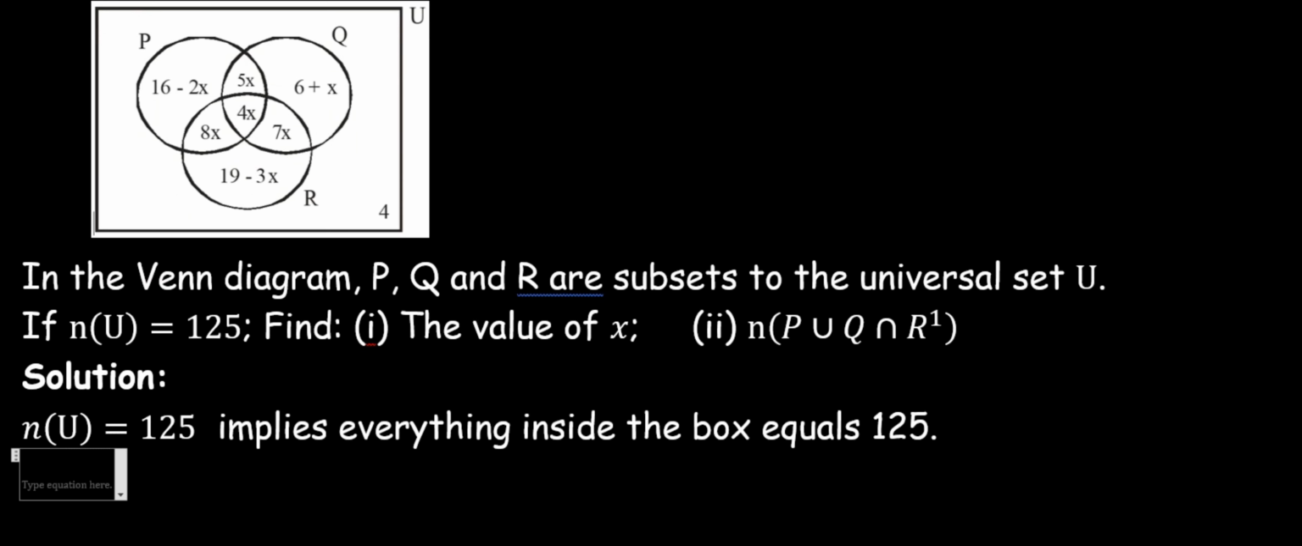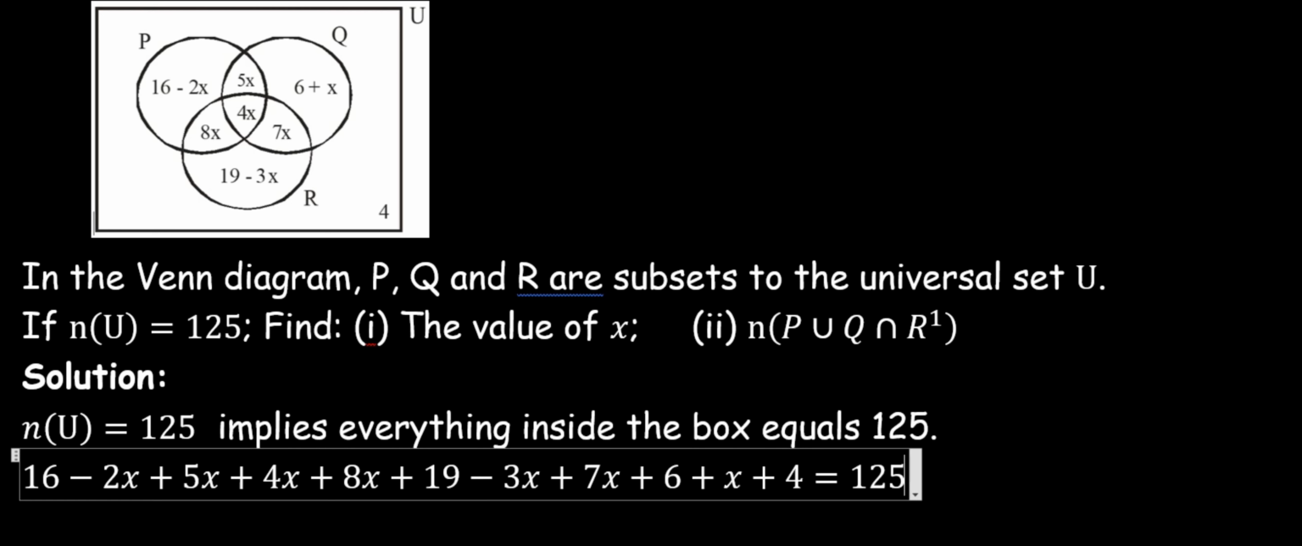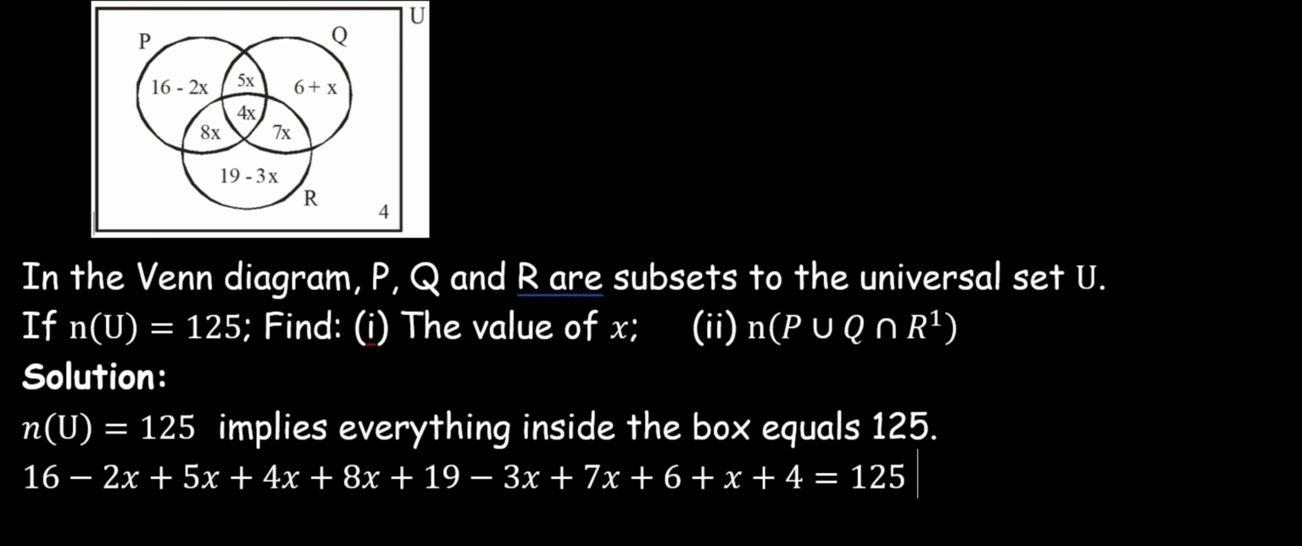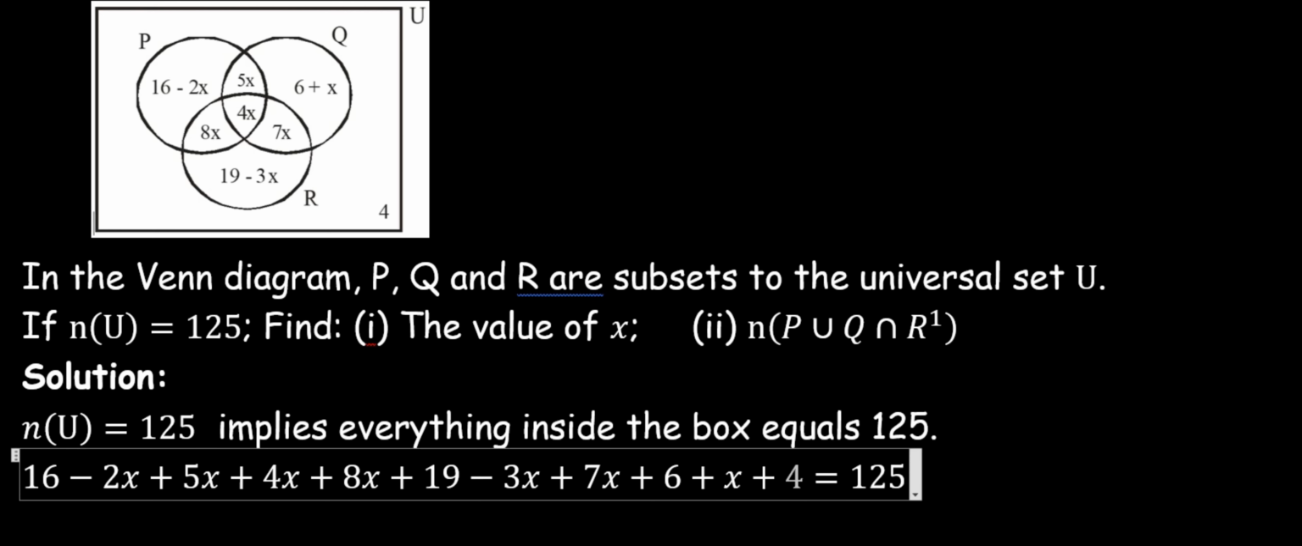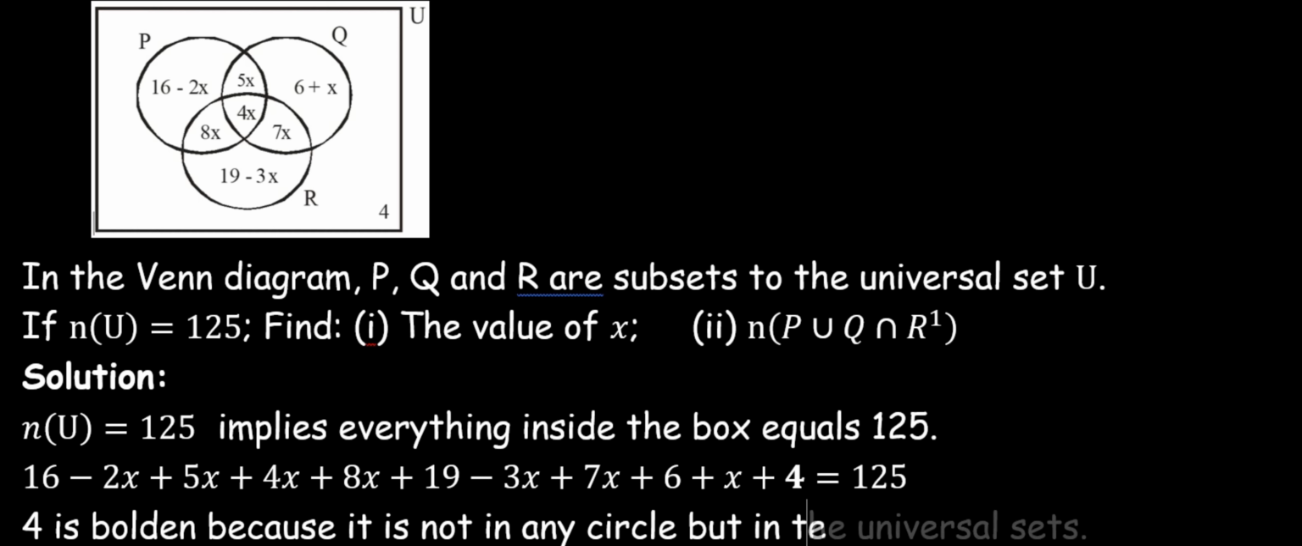And that is to say, 16 minus 2x plus 5s plus 4s plus 8x plus 19 minus 3s plus 7x plus 6 plus s plus 4, which is outside the subsets but is within the universal set, equals 125. The 4 is bolded because it is not in any of the circles, but it is in the universal set. Simplifying, we have our result as